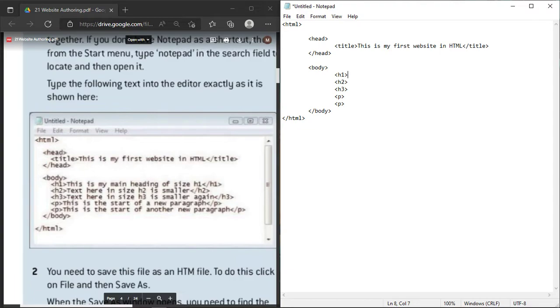I'm just going to copy it, paste, paste, paste, paste, and then we just say H1, H2, H3, P, and P, because when you have a start tag you also need to have an end tag. Now let's say what we should put in between. This is my main heading of size H1. Text here in size H2 is smaller. Text here in H3, in size, sorry, H3 is smaller. And then the paragraph, the P is for paragraph, this is the start of a new paragraph,